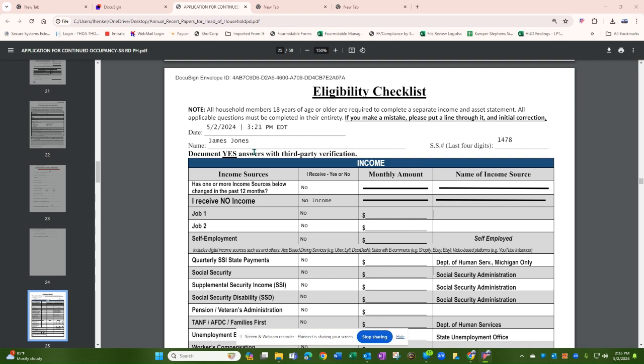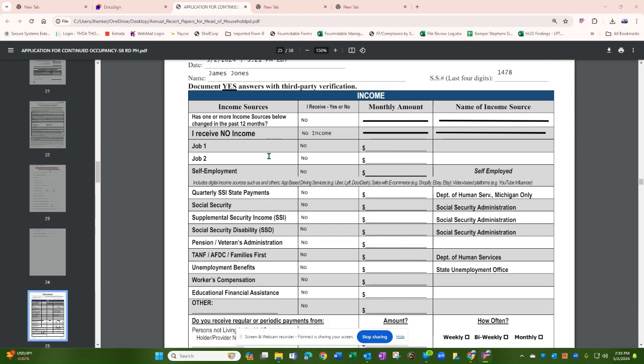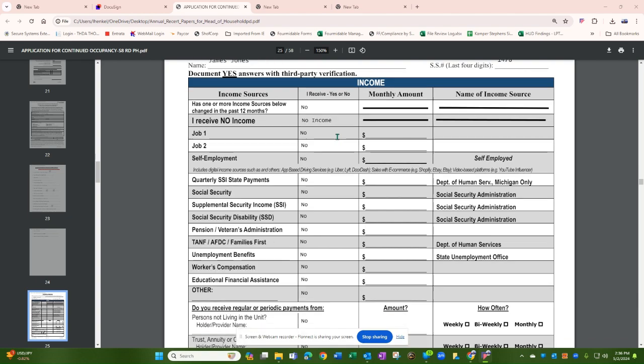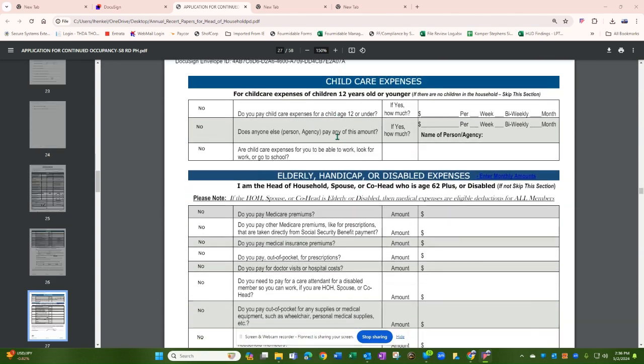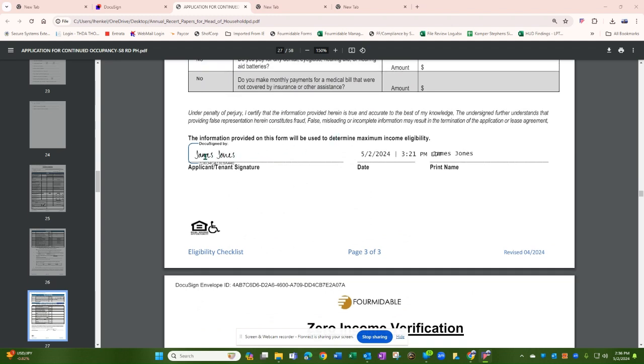With James, I wanted to show you, James is the third person in the household, and we have this question that says, I received no income. And right here in the yes and no section, it says no income. So basically, all he had to do was scroll down through the whole thing, click his name so he could sign it,